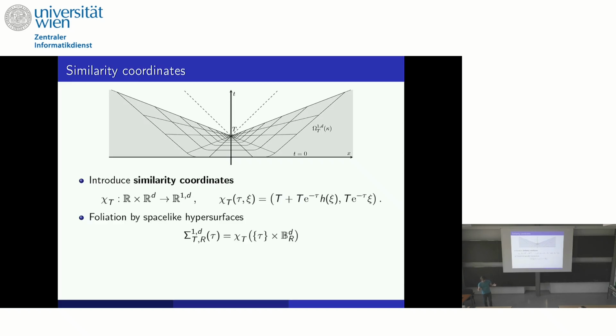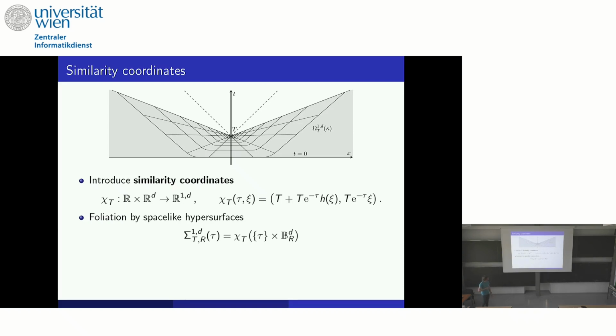The time slices, the tau slices, they are drawn here. These are the self-similarly shrinking time slices. They are space-like hypersurfaces, which means that they are very well suited to the wave evolution. So you can very naturally study the wave evolution in this coordinate system and get full information on the flow